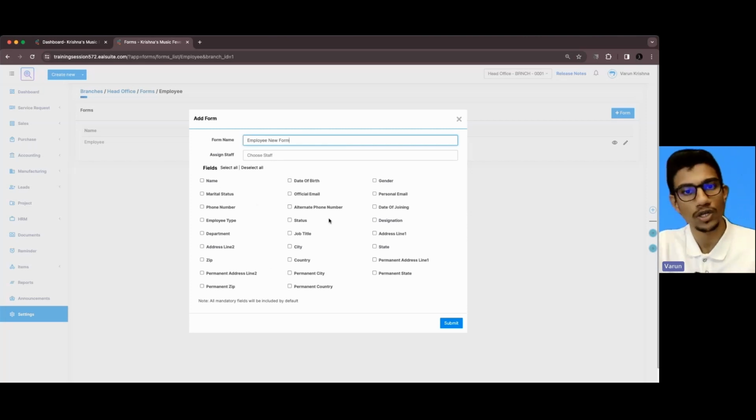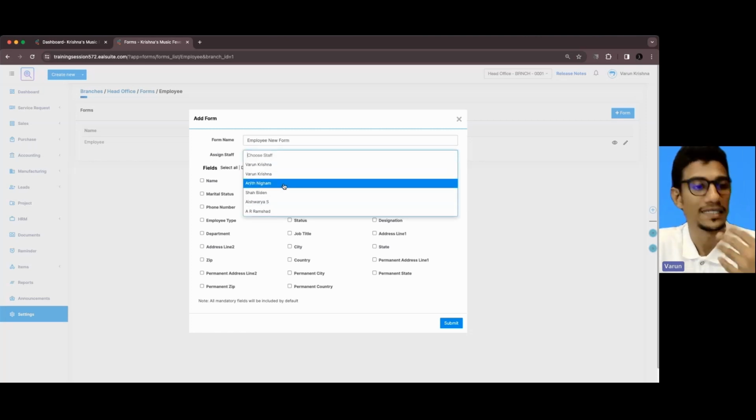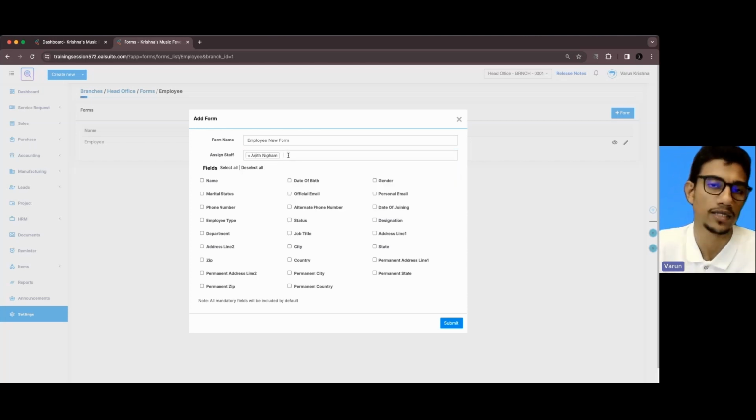Then you can select which all field has to be present. Again, here also another question comes into picture. If there are some custom fields, will those fields be present here? Absolutely, yes. If there are custom fields, you will be able to enable it as well. And if you want to particularly assign it to any of those staffs, like I want to assign it to Arjit Nigam, I can assign it like this. So in that instance, Arjit Nigam will only be able to see that particular form. Nothing else. If you have two forms, he will only be able to see employee new form only while creating